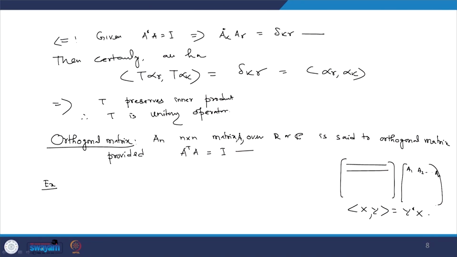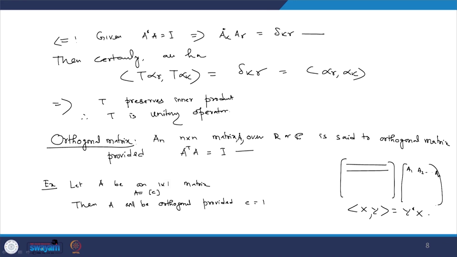So, let us see some examples of orthogonal matrices as well as unitary matrices. Let A be a 1 cross 1 matrix, that is A equal to simply C. Then A will be orthogonal provided